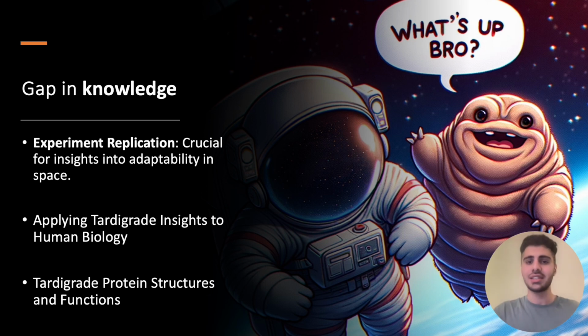for a deeper understanding of life's adaptability in space. There's a significant gap in applying the insight gained from tardigrade physiology to human biology, so research could explore how tardigrade-like features can be mimicked in human biological systems that could enhance space missions, as humans can be more resilient to space conditions. To add to that, while some unique proteins like LEA and IDP are identified, and the